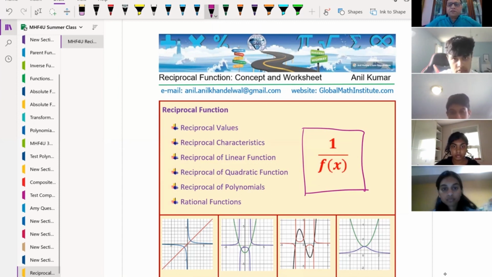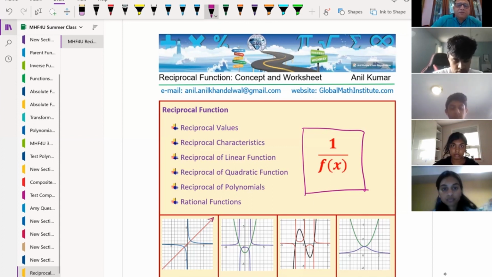So in these four graphs, there are two functions in each. One of them is the function itself. The other one is the reciprocal of the function, correct? You can easily figure out which graph is that of the reciprocal and which is that of the function. Both are interrelated, but for example, if I take the very first graph,